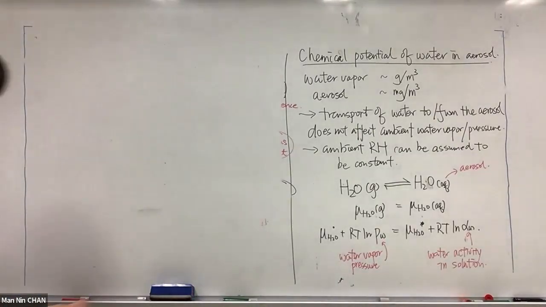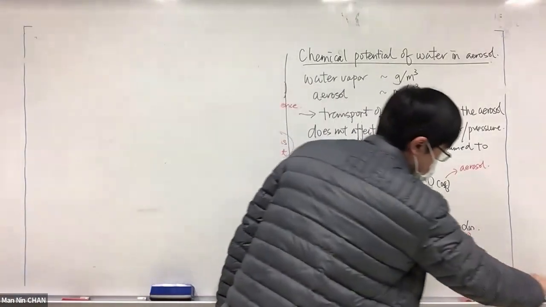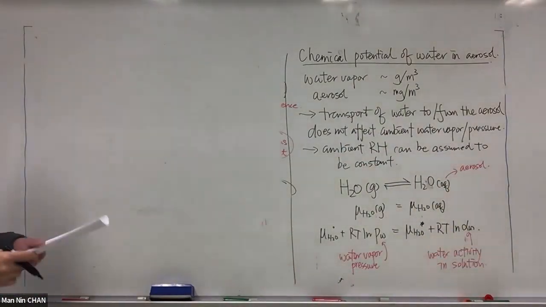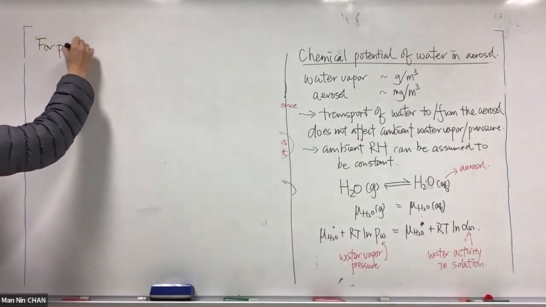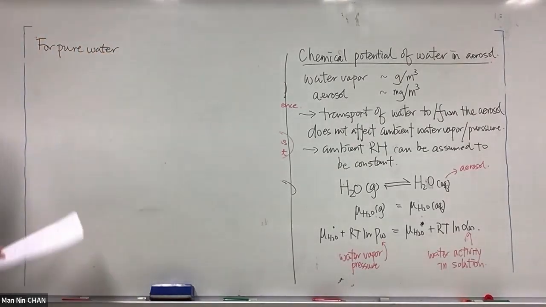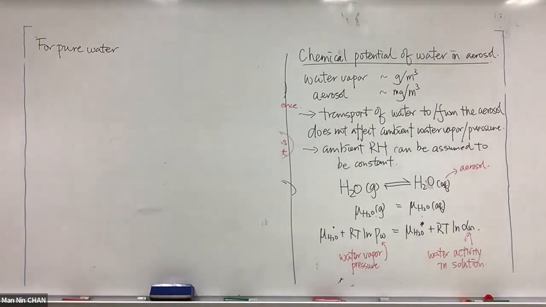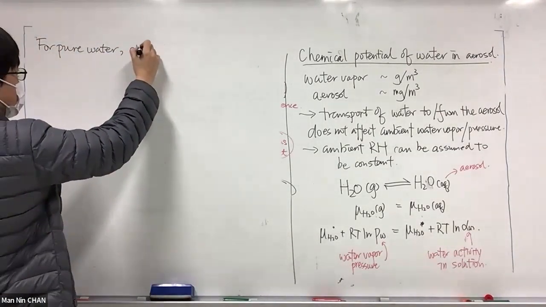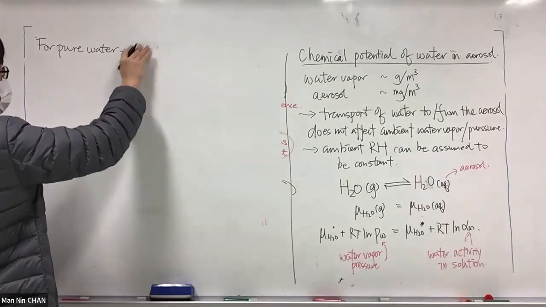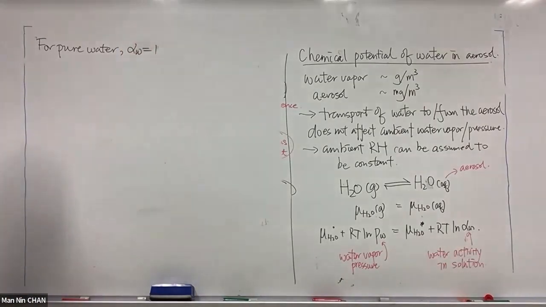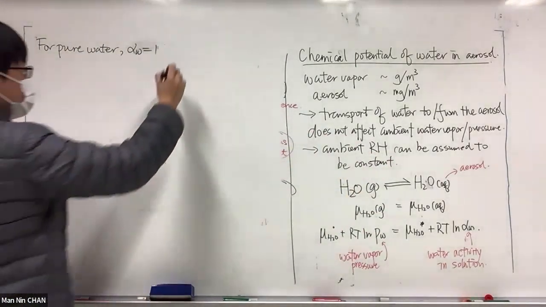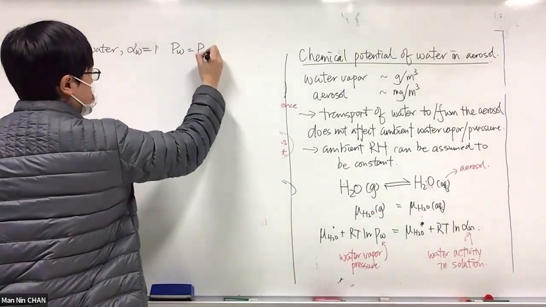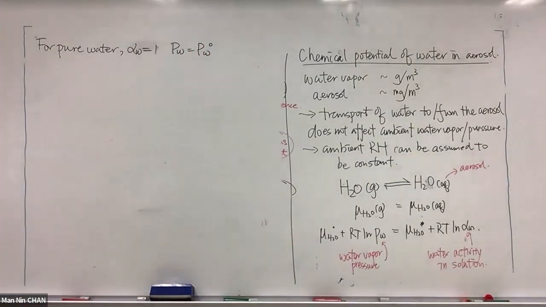Okay. So now I want to do some substitution for this equation. Let's assume we have a pure water droplet. If you have a pure water droplet, you know the water activity will be equal to 1, because it's just the ideal solution. So your activity will be equal to 1. And at the same time, the vapor pressure, you will have what we call the saturation